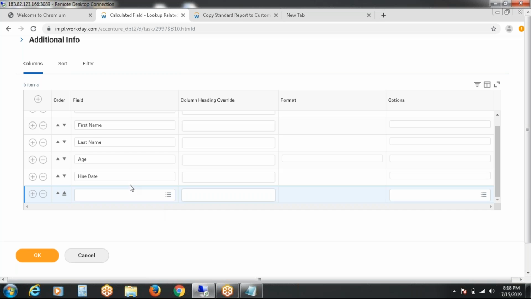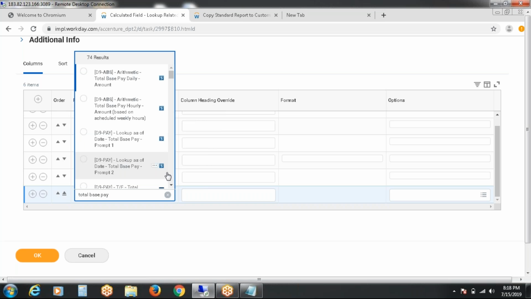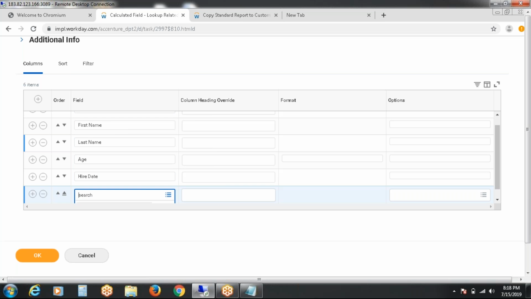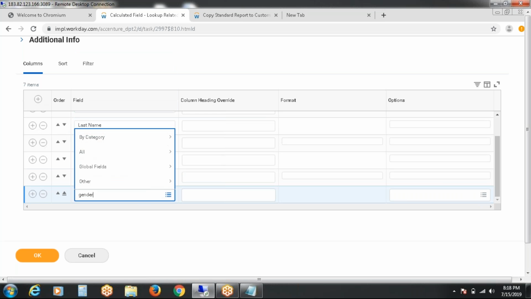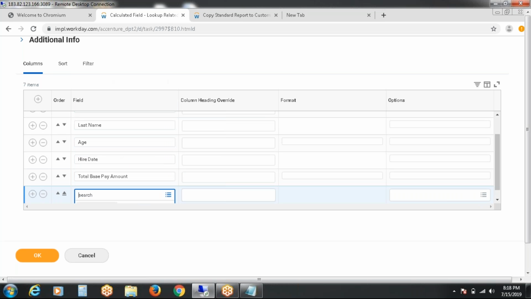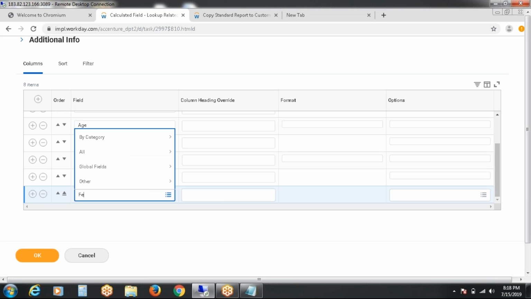Total base pay, salary, currency part. Total base pay amount. And the other one is gender. And the other one is that I want to see female gender itself.